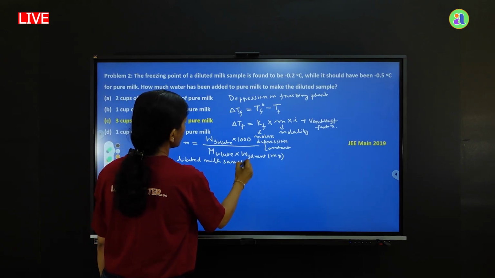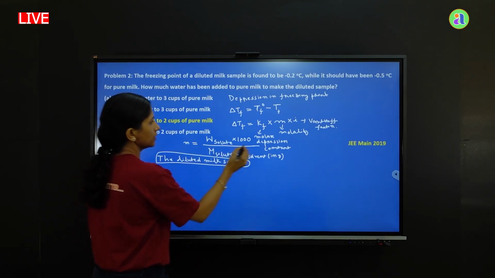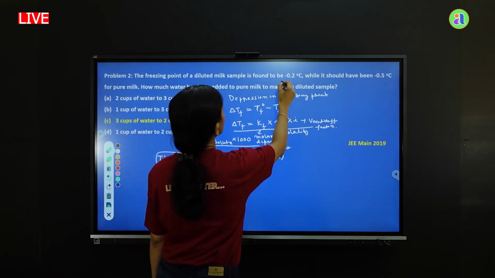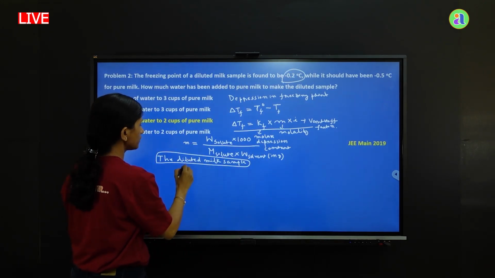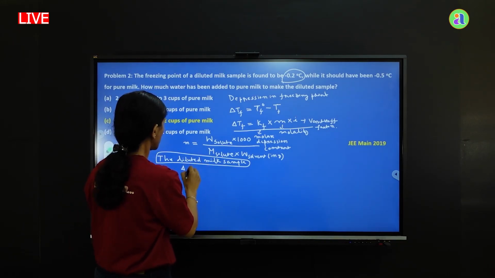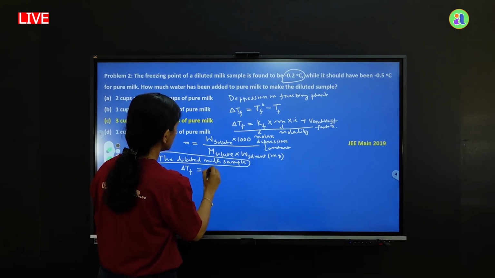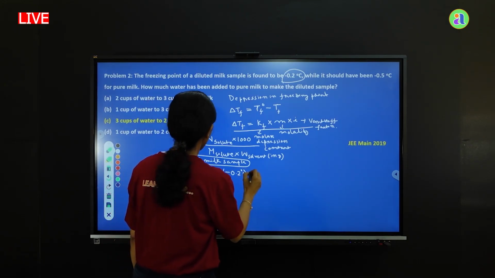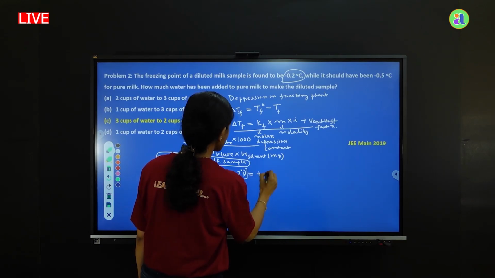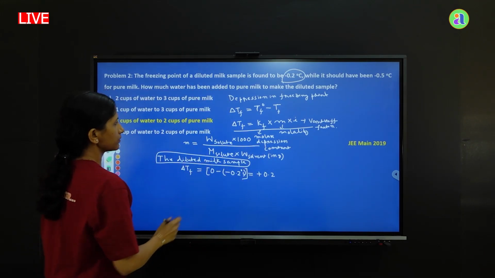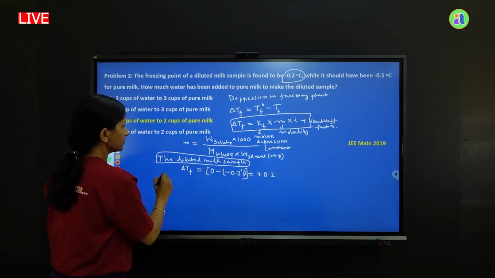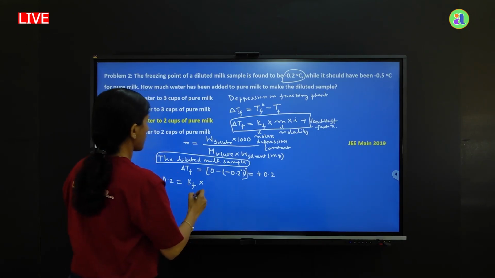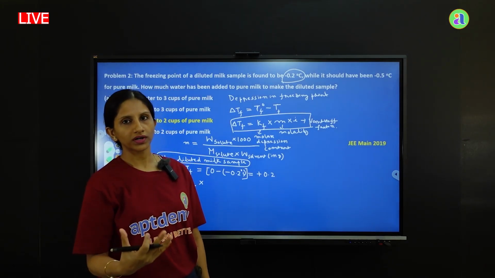So, using the following formula that I have written here, what can we write? So, delta TF, from here we will be able to solve. So, delta TF is equal to 0 minus of minus 2 degree C, or is equal to plus 0.2. Right? This is our delta TF. So, we will directly put this value in here. So, 0.2 is equal to Kf times, because in this case milk is your solute and water is your solvent,